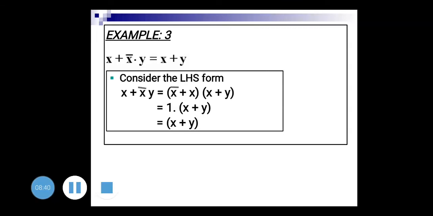So now here x plus x bar y is equal to, we are going to apply the distributive law. So in the first bracket x plus x bar and in the second bracket x plus y. And as you know that x bar plus x is equal to 1 using OR law. So substituting that 1 here in the bracket x plus y as it is, and 1 and with anything is always the rest of the variable, that is 1 and with bracket x plus y is equal to x plus y. So 1 into anything is always 1 into a is equal to a. So therefore here 1 into x plus y is equal to x plus y, and this is how you get right hand side.